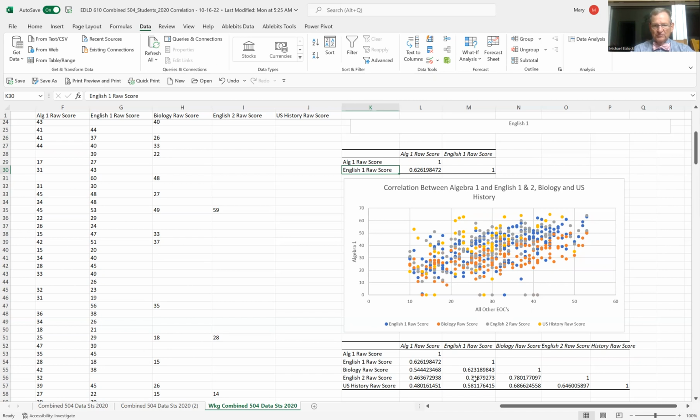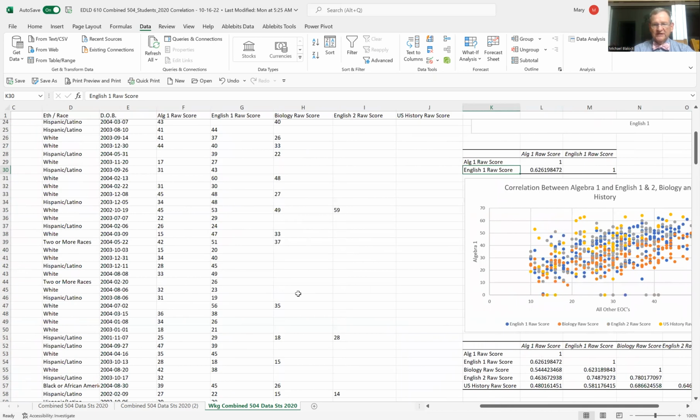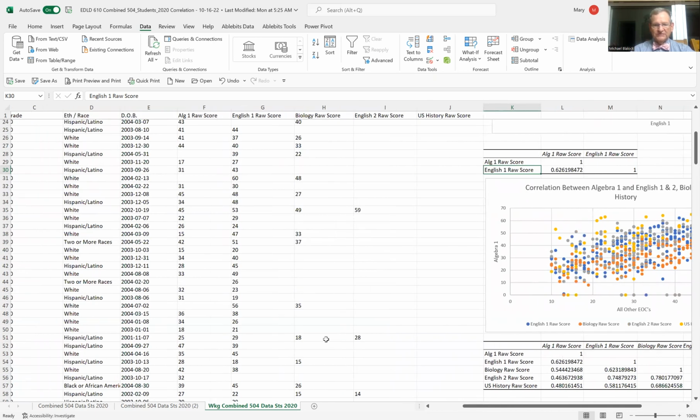Between English 1 and English 2, it was 74.8%. And so able to do some additional analysis here and see the positive correlation that is a part of doing well in one subject and doing well in